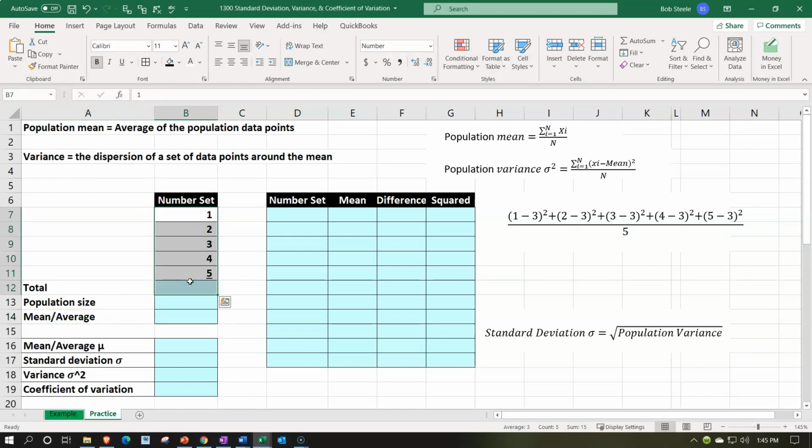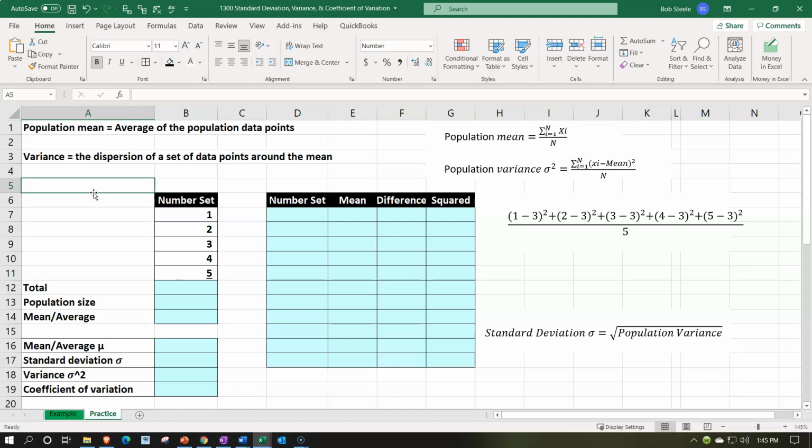We're going to be using these tools in future presentations in more of a corporate finance type of situation, oftentimes using it to make projections about things into the future and measuring things such as risk and so on. So note this is a standard statistical thought process here. You can find a lot of information about this on the internet, on YouTube and other places as well, just in terms of math theory. You can look up things like the standard deviation, the variance, and the coefficient of variation. Then we're going to take those tools and apply them in more of a corporate finance setting